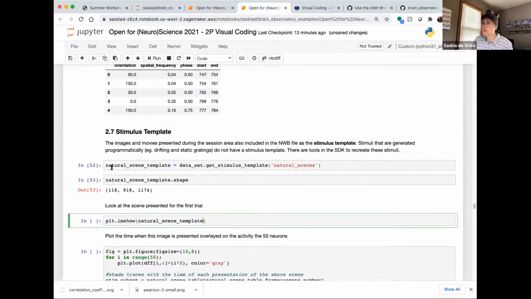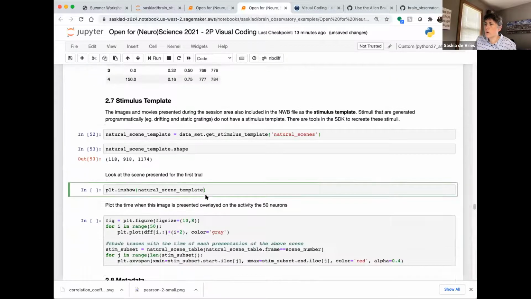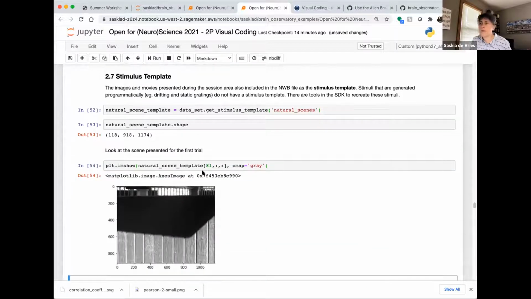I'm just going to pick one of the numbers. Let's take this first one here, the number 81, the one that was shown in that first trial. I'm going to put this in grayscale because that's how it was shown. So the very first trial of this experiment of the natural scene stimulus was this picture of a shadow against